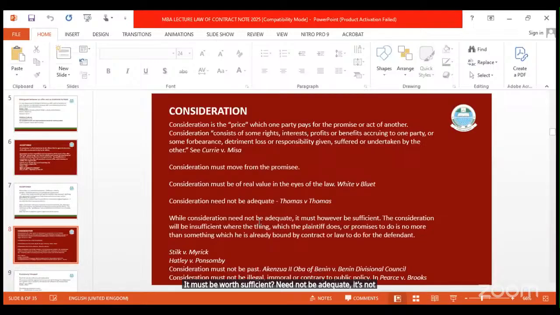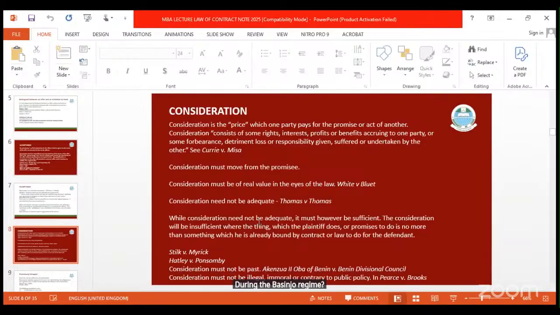So what I mean is that for the subject matter of a contract, for instance, the value may be 100 million, 200 million, 500 million. But if you decide to accept 100,000 on it, fine. The adequacy would have been asking, what's the market value of this subject matter? If you provide the services to this person, what could be the market value? So we see that even for you lawyers, for instance, like registration of companies, during the